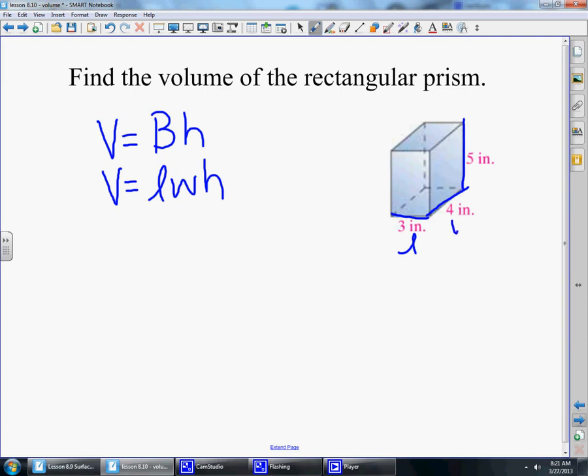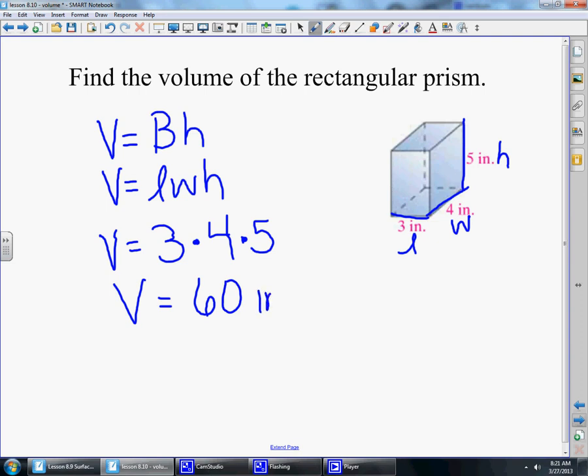So we're going to multiply 3 times 4 times 5. 3 times 4 is 12, times 5 is 60, and it's going to be inches cubed